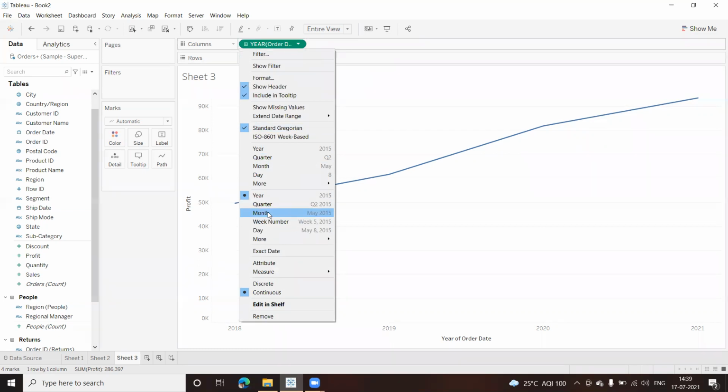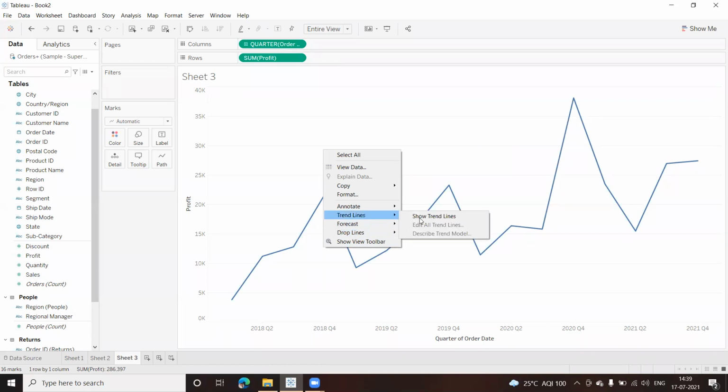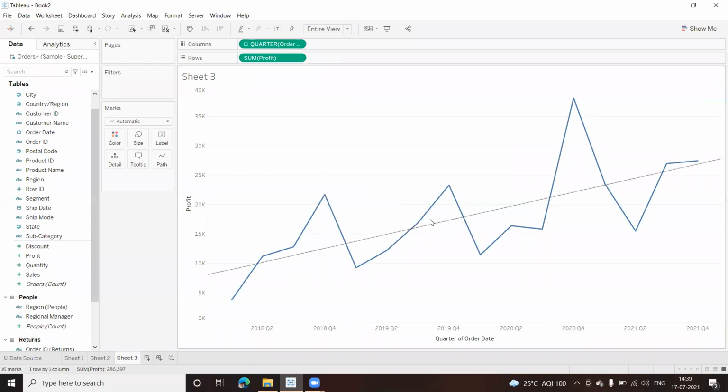So let us change this to quarter. Can I introduce a trend line? When I right click on this, you can say forecast trend lines, you can say show trend line. This is your trend line. Now if you want to know the information of the trend line, it is getting calculated.